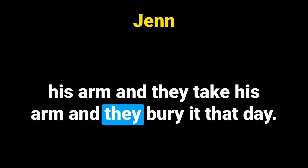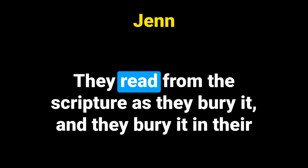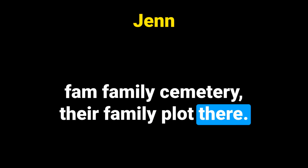And they take his arm and they bury it that day. It's not marked, but they give it a Christian funeral. They read from the scripture as they bury it. And they bury it in their family cemetery, their family plot there. And then